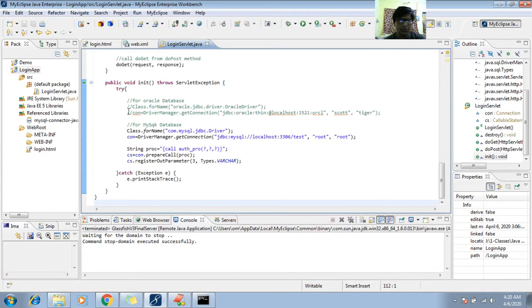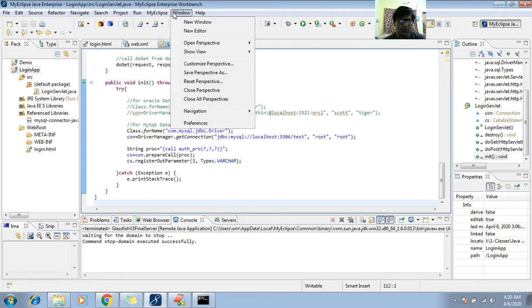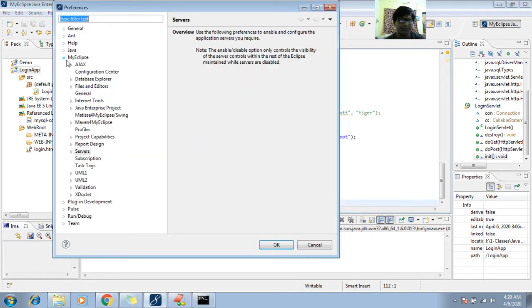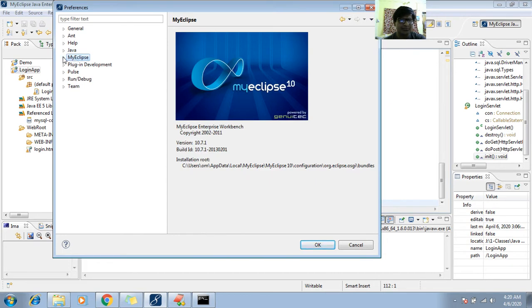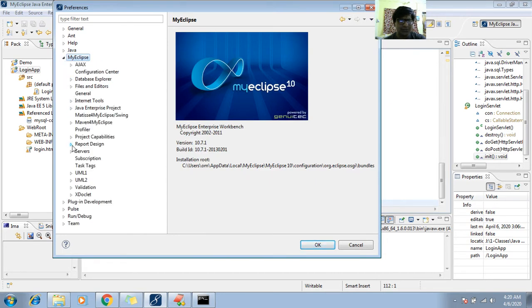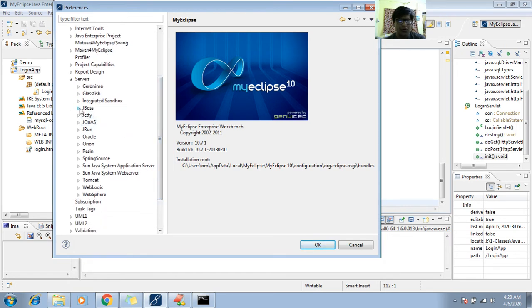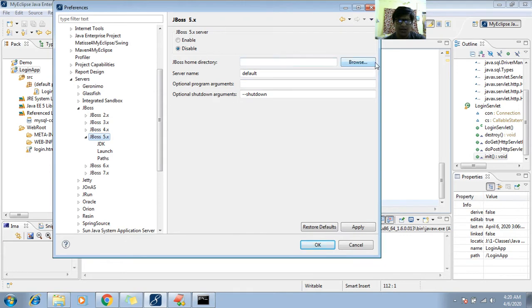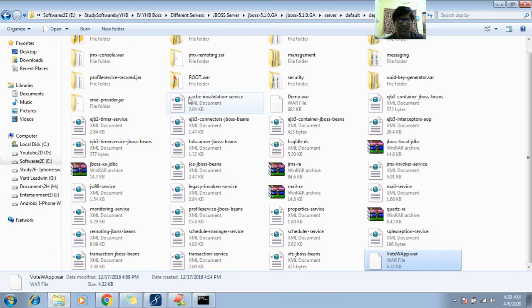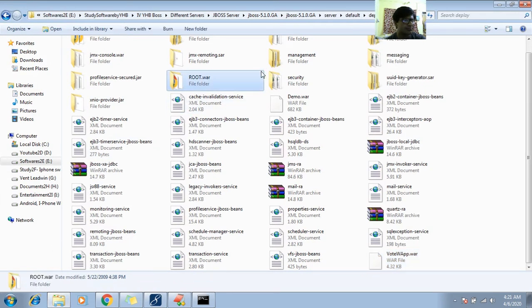But before configuring, keep our application ready so that we can test. Click on the Windows menu, select preferences. So here select MyEclipse, select servers, scroll down, you will find JBoss. Select JBoss 5 and the JBoss home directory. So where I extracted here.